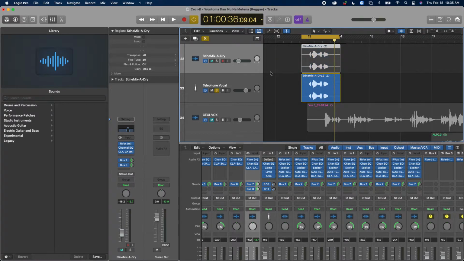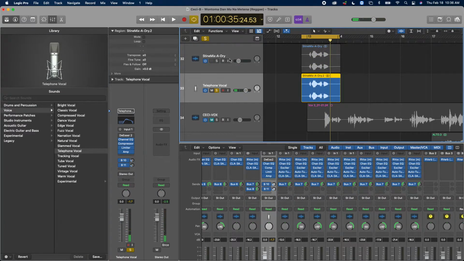Logic's preset. Okay, that is Logic's preset. And then this is Stein's mix. One more time, Stein's mix. Okay, cool. Logic's preset. Okay, so you be the judge and tell me.